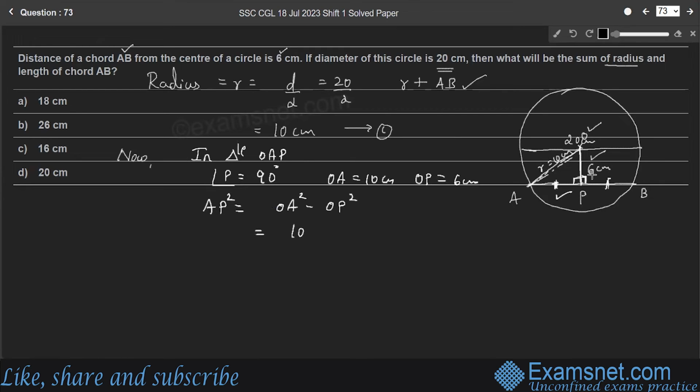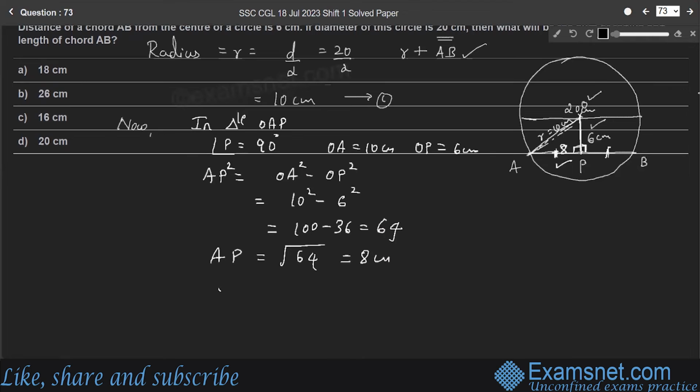OA is 10 centimeter, 10 square minus 6 square. So it is 100 minus 36, which is 64. Therefore, AP is equal to root of 64, which is 8 centimeter. Therefore, PB is also 8 centimeter. PB is equal to AP is equal to 8 centimeter. Therefore, length of the chord AB is equal to AP plus PB, which is 8 plus 8,